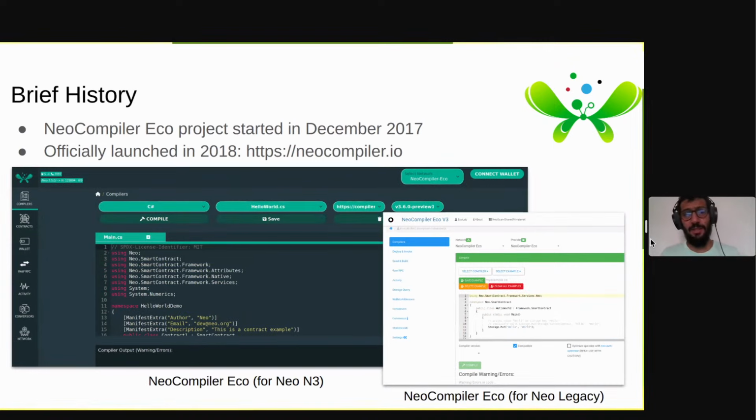So this project started in December 2017, but officially we launched the server only in 2018. At that time, the idea was to support the development of smart contracts in Neo with this online compiler tool. The idea was just to simplify the process of installing a compiler and testing a smart contract. Some people had difficulties installing the tools, and I think in other blockchain projects it is also common to support some online tooling,